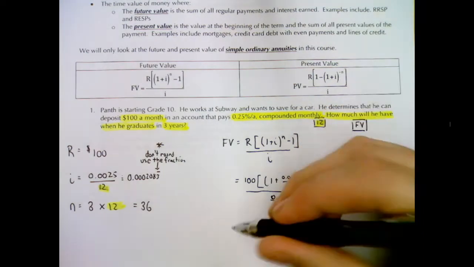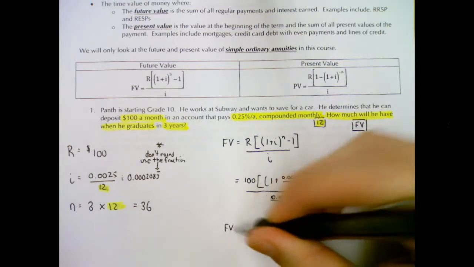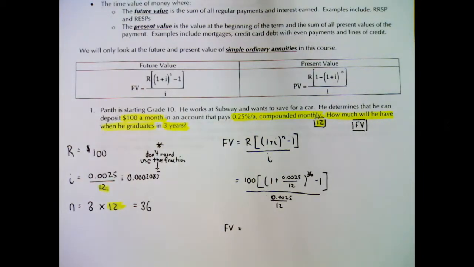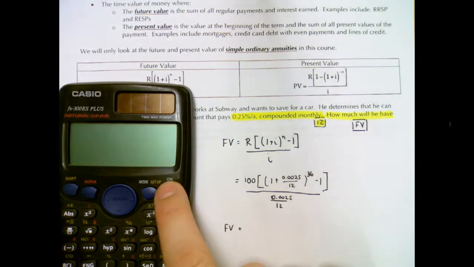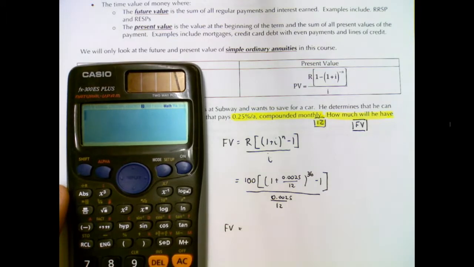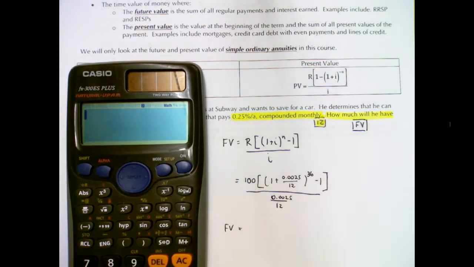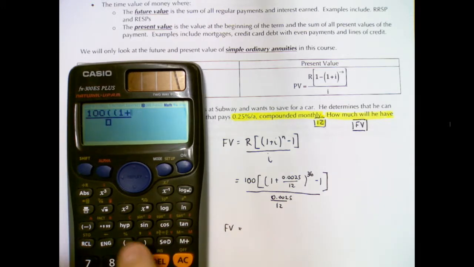And it's really important to get good at punching these into your calculator and trying to be able to do it in one step. That becomes a pretty important skill in financial math because you don't want to have to do any partial rounding. So I'm going to take a shot here. I'm going to make a fraction. 100 bracket 1 plus another fraction